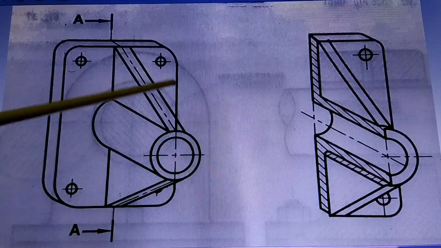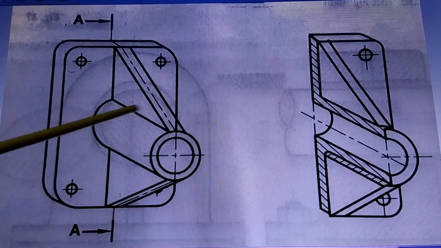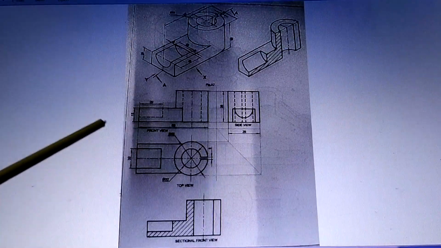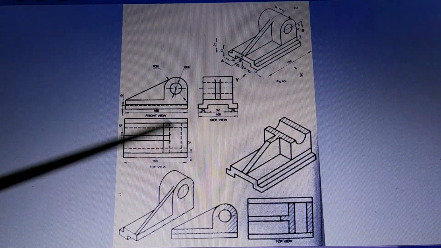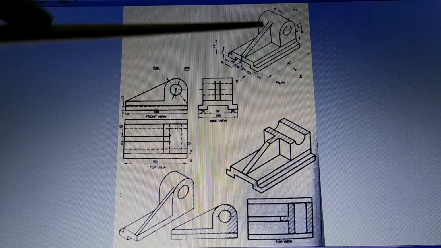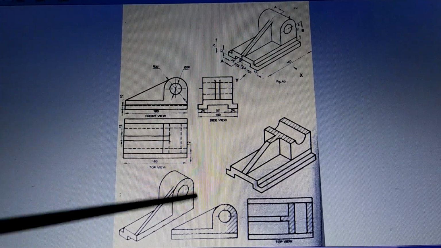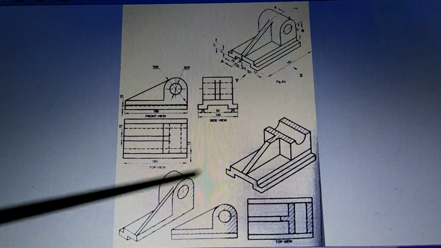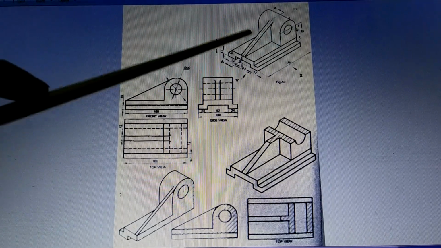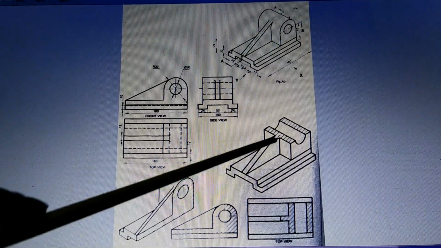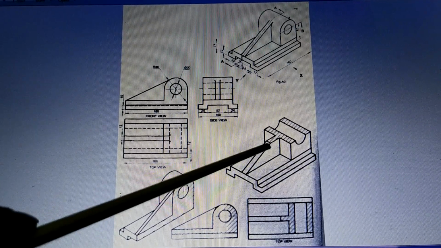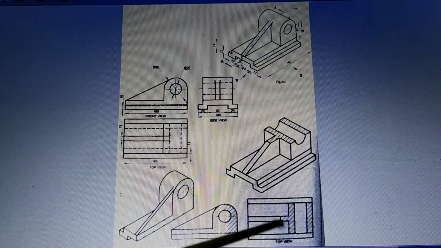Now here, if the rib is cut along the thickness, then you have to show it by hatching. So there is one example, let me go there and show you. See, in this case, this is a rib. Now this rib, when you cut along the plane here, this part is not shown in section, although it is cut. But the same rib in the section BB, when you cut and show the top view like this, that time the rib is cut along its thickness.